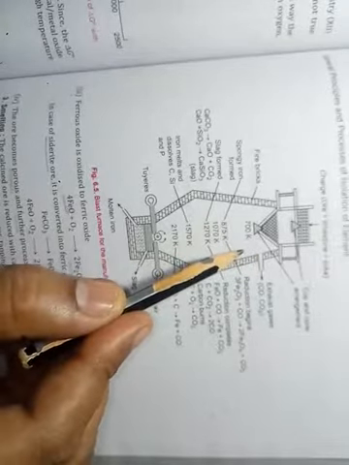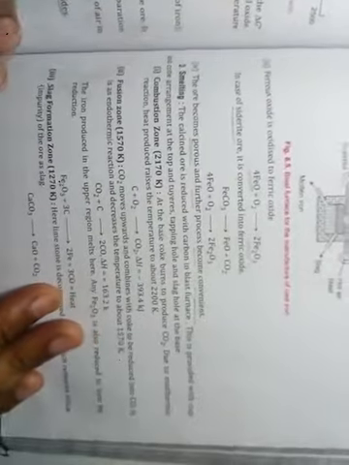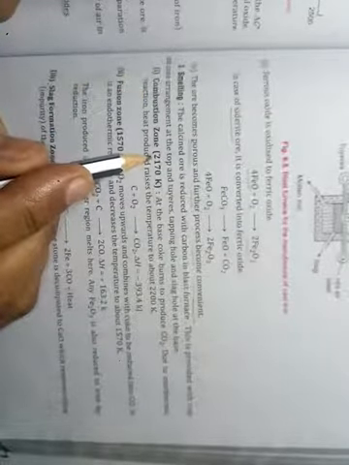So in this furnace we will do the smelting process. This furnace is divided into different zones on the basis of the temperature of the particular area of the blast furnace. Okay, students. So the first zone is known as the combustion zone, and the temperature of this zone is about 2170 Kelvin.